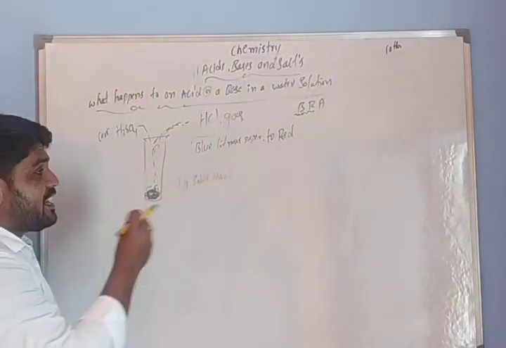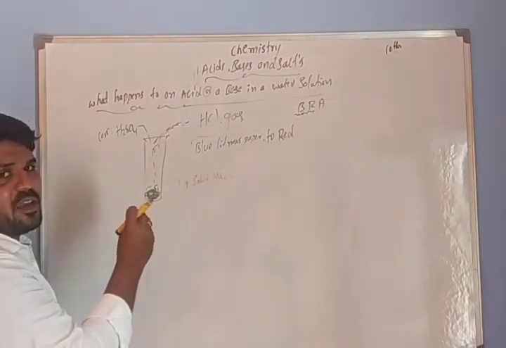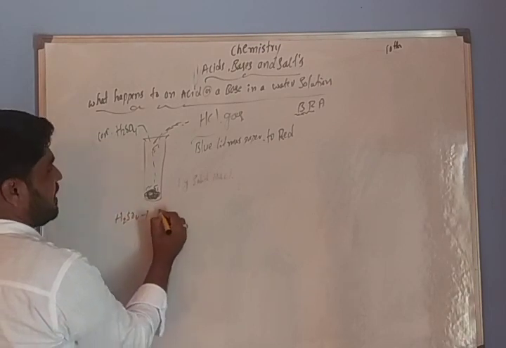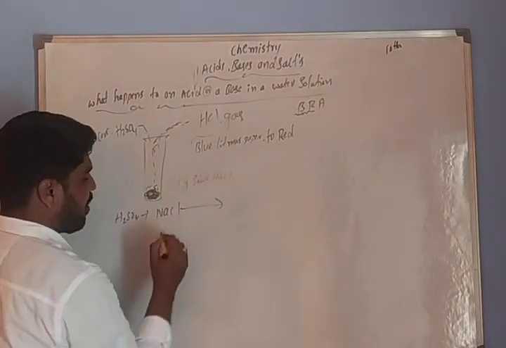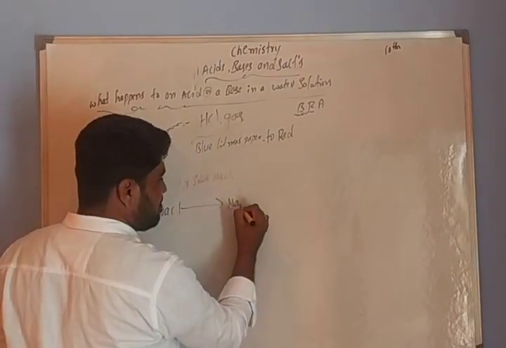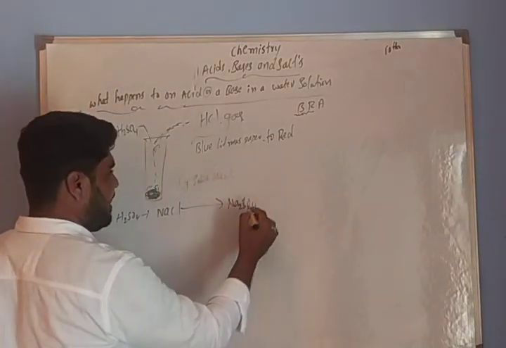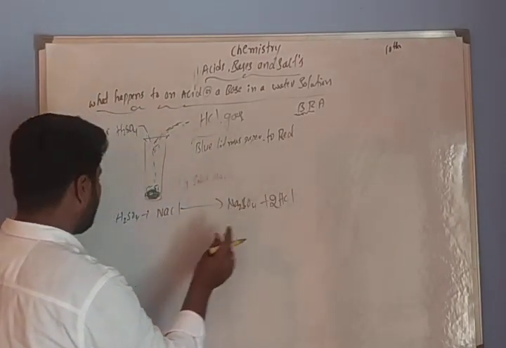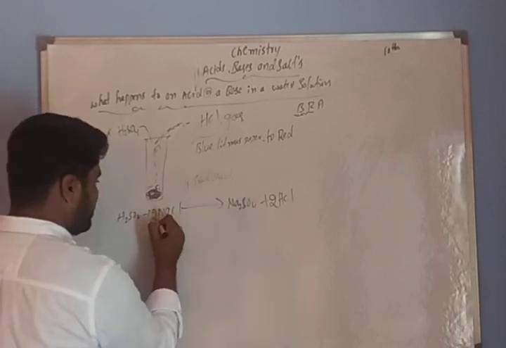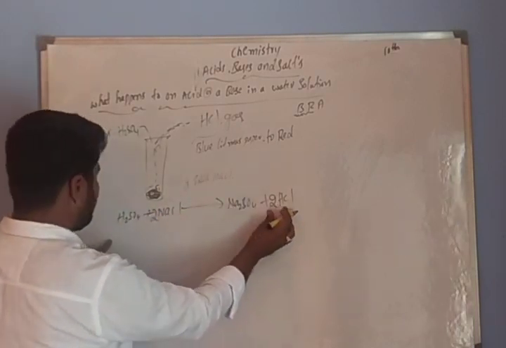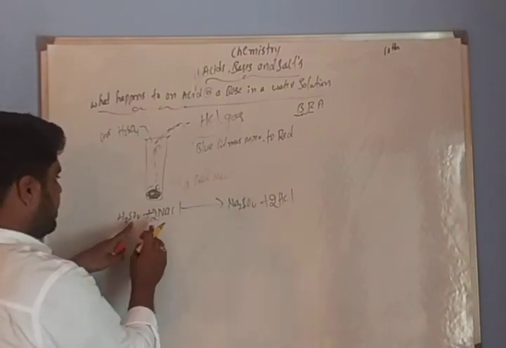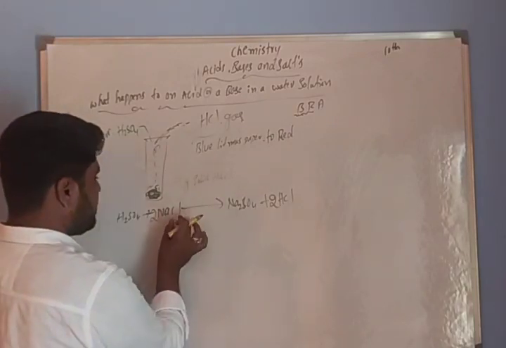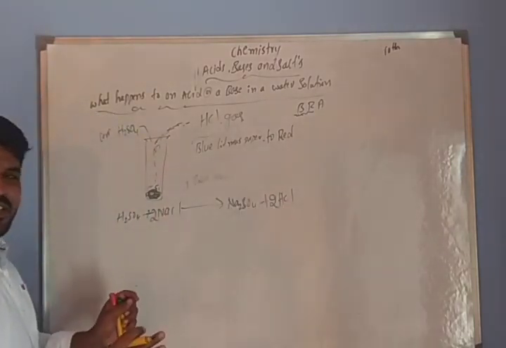So let's see what happens in the chemical reaction. Let me write the chemical reaction. So I am taking H2SO4 and NaCl. The products are sodium bisulfate and HCl. For balancing purposes, I am taking 2 here, 2 HCl, 2 NaHSO4 also. So H2 here, H2 here. Here 1 S, here also 1 S. Here O4 and here also O4. And 2 Na, 2 Na. 2 Cl, here also 2 Cl. So this is the reaction.